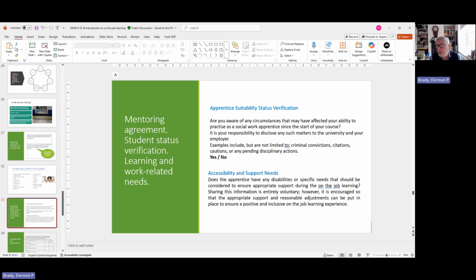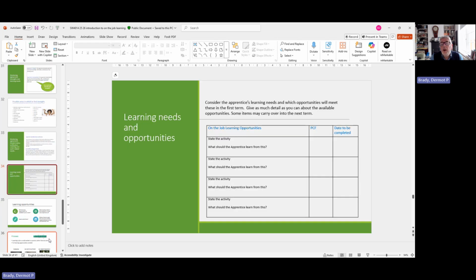The first one really is about have there been changes in circumstances at the start of your course that may affect your ability to continue with it. That might be a criminal conviction or involvement with social services, something of that nature. And accessibility and support needs is what it says. Are there reasonable adjustments that the employer or the university need to make to help the student or assist the student in their success? Again, we'll talk a little bit more about that in the next video,